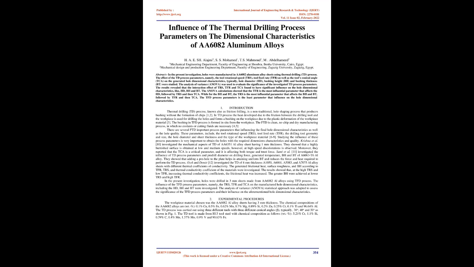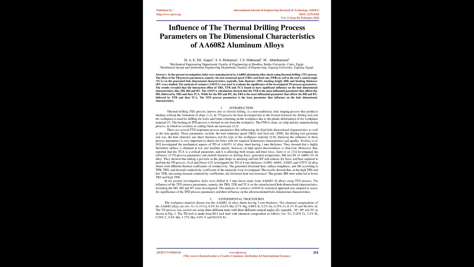The TD is a clean, no chip, and dry manufacturing process, in which no coolants or cutting fluids are necessary. 4,5. There are several important TD process parameters that influence the final hole dimensional characteristics as well as the hole quality. These parameters include the tool rotational speed, TRS, tool feed rate, TFR, the drilling tool geometry and size, the hole diameter and sheet thickness, and the type of the workpiece material. 6-9. Studying the influence of these process parameters is very important to obtain holes with the required dimensions, characteristics